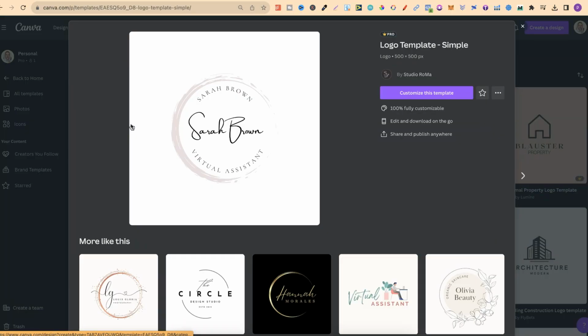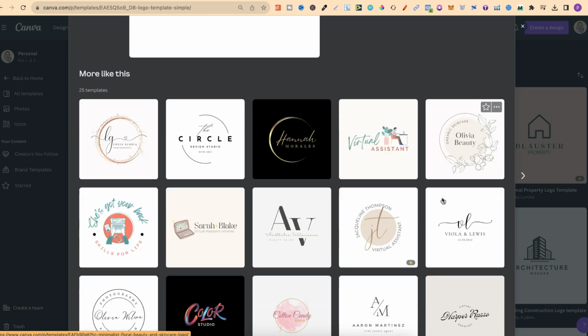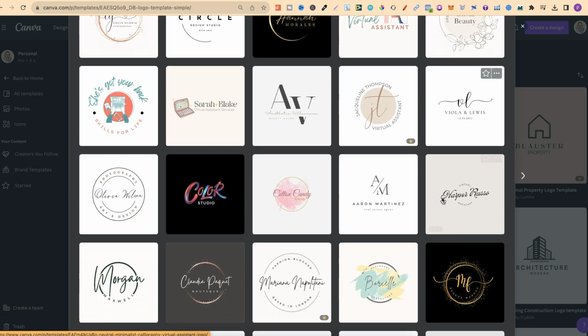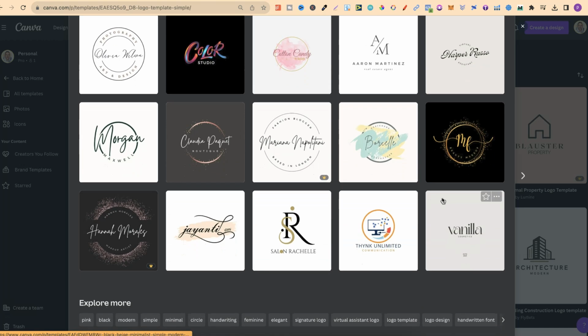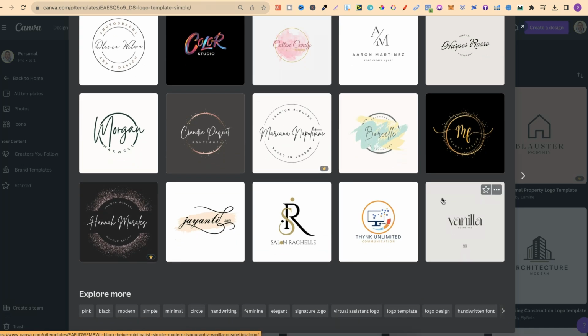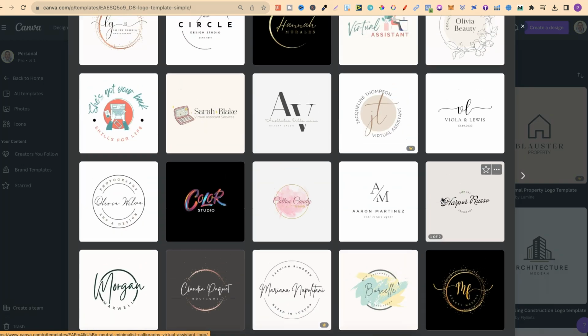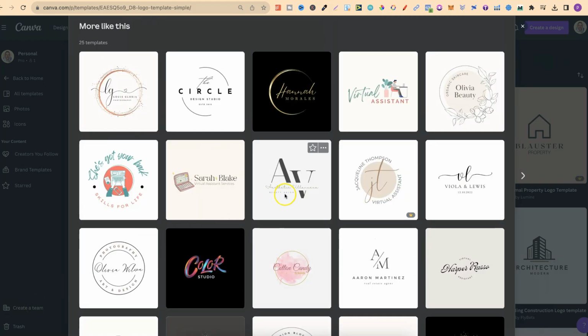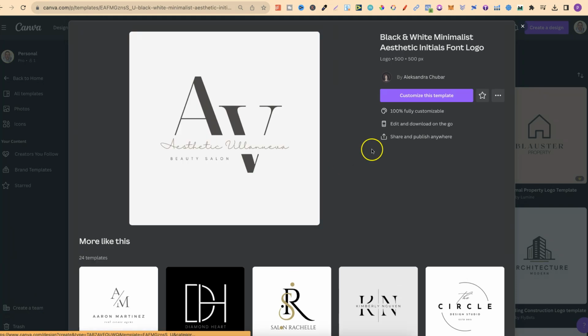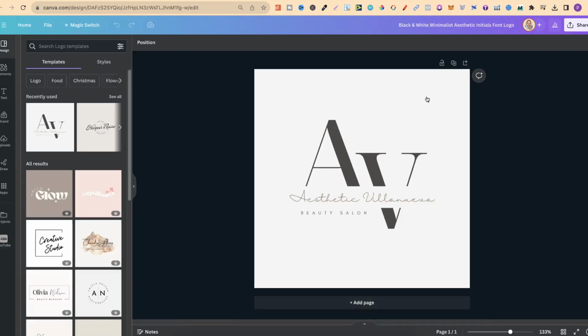So let's click on this first one just here. If we scroll down, we can see we have other recommended templates underneath this template. So if we want to customize any of these, all that we have to do is click on one of these. So let's go ahead and choose one of these. Now let's go ahead and click on this one. As we can see, it says 100% fully customizable, edit and download on the go, and you can share anywhere. Now if we click on customize this template, it's now going to open in a new tab,